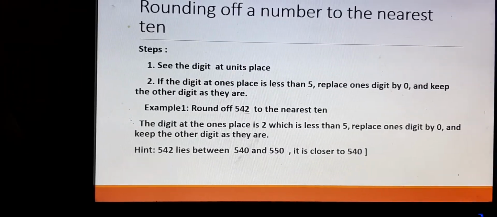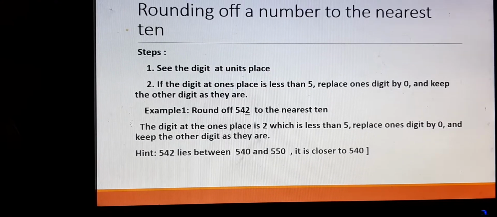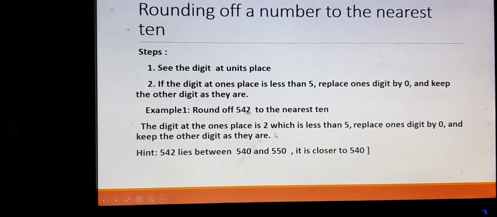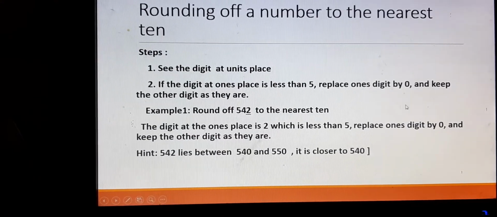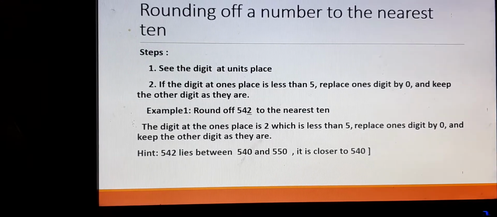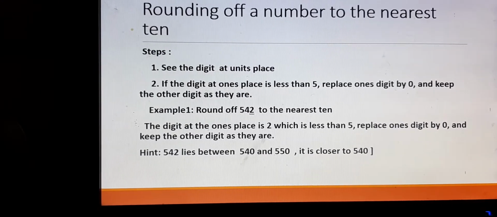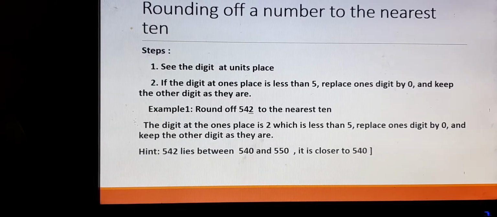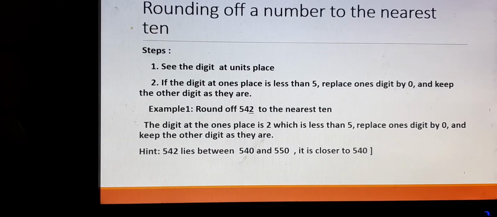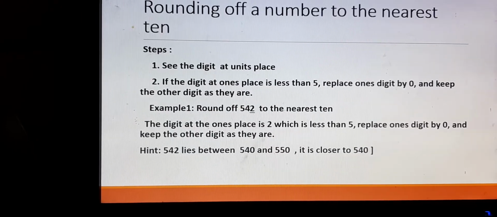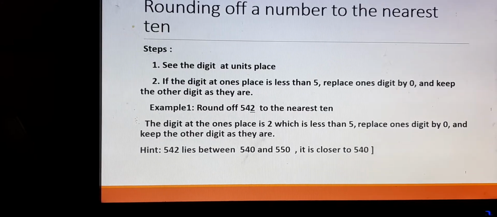Here we will learn how to round off a number to the nearest 10. So we have to focus on making it in tens. That is, either it is 50, 60, 70. Your answers should be in tens. That is the idea. 50, 60, 70, 90, 100, 120, 140, 150, like that we are rounding off. Or 550, 560, 570, like that the answers should come. It shouldn't come 555. So you have to round off to tens and give the answer in tens.